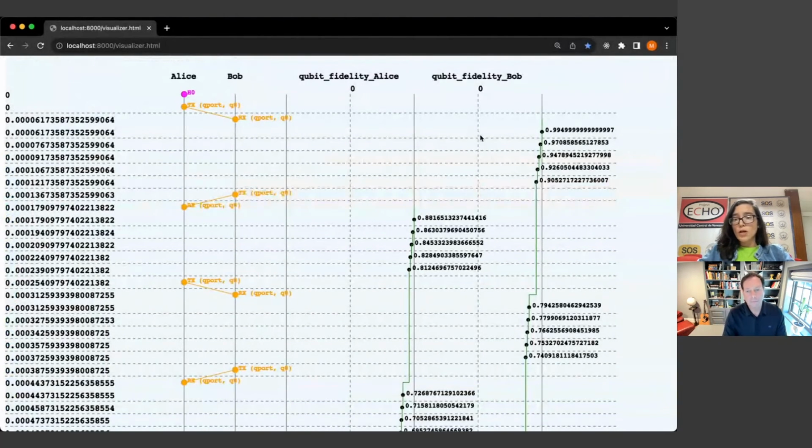So what are you seeing now, Mike, with these new values? Yeah, the adjustment to the channel depolarization noise probability, based on the conduit, the fiber optic, improves dramatically. Now it just drops to 0.994 and then goes to 0.905 and 0.88. So that looks great. But one thing that jumps out at me here, Michelle, is that as the qubit is sitting in Bob's location and then in Alice's location, the fidelity really degrades there. You have a great fidelity of 0.99, and it drops down to 0.905 just over in Bob's location. And I would assume that's the memory itself.